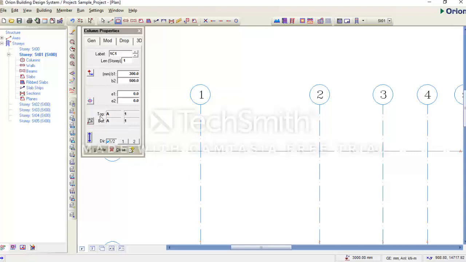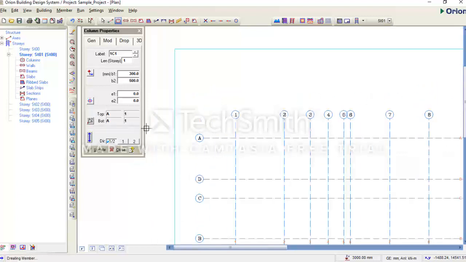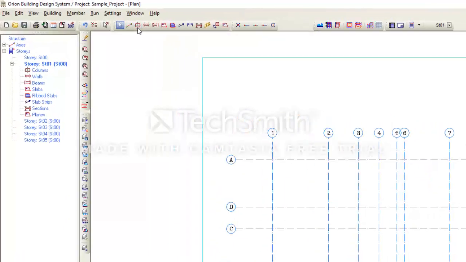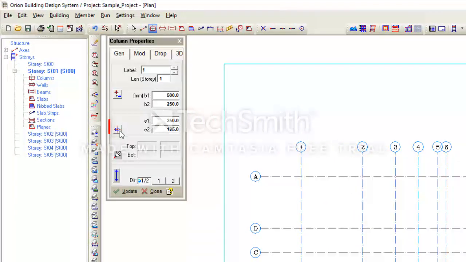Another thing you should note, I'll close the column property. I'll click on the column icon again. I want to explain this button to you. I have my B1 500, my B2 250. Let's say I want my column to center along a grid. If I click this button, I will see some options. I can look at this option here, center the column on the grid. If I click on it,